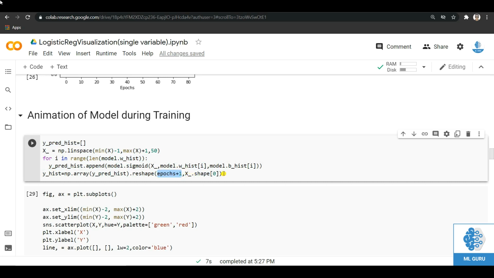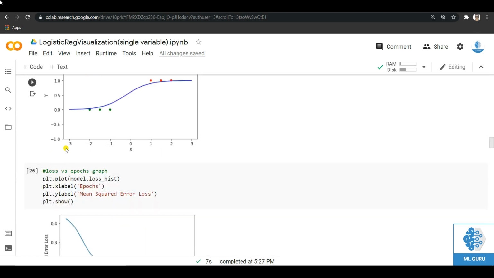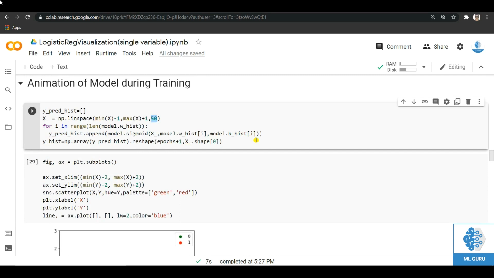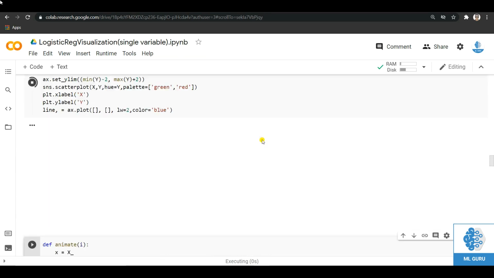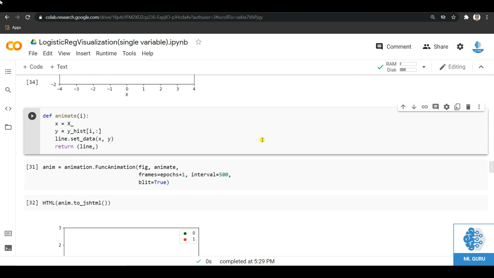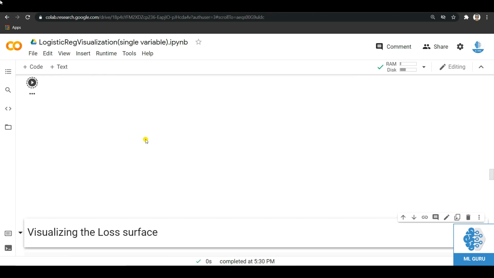So the shape of this array for our case will be 81 rows and 50 columns, because we are choosing 50 points from the x-axis. And when we pass this to the animation function, we have to pass this w hist array here, and then we will get our plot.